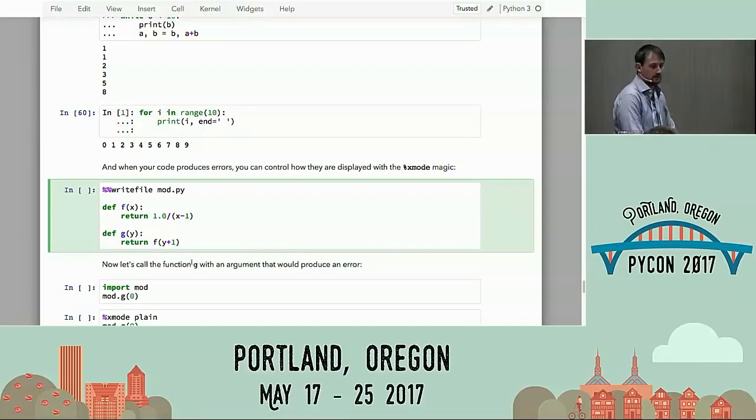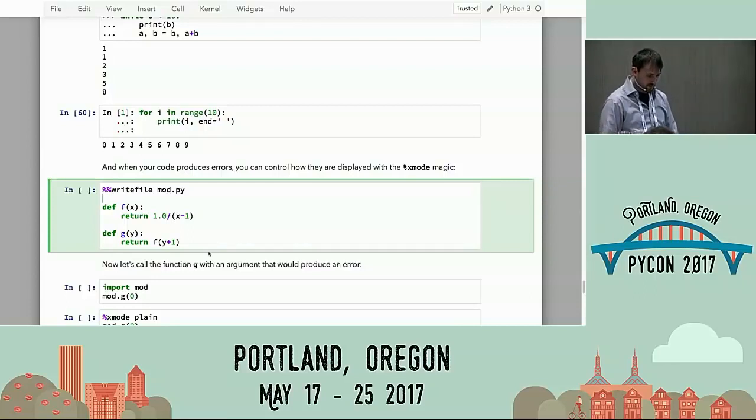And then I believe the last bit here is dealing with exceptions. So Python has a lot of information about errors that occur. And when you're doing interactive computing, errors will occur a lot because you're typing and you make mistakes and do things wrong and you're learning and figuring things out. And so good error messages are really important. And dealing with errors and poking around and figuring out what happened is a big part of the process of